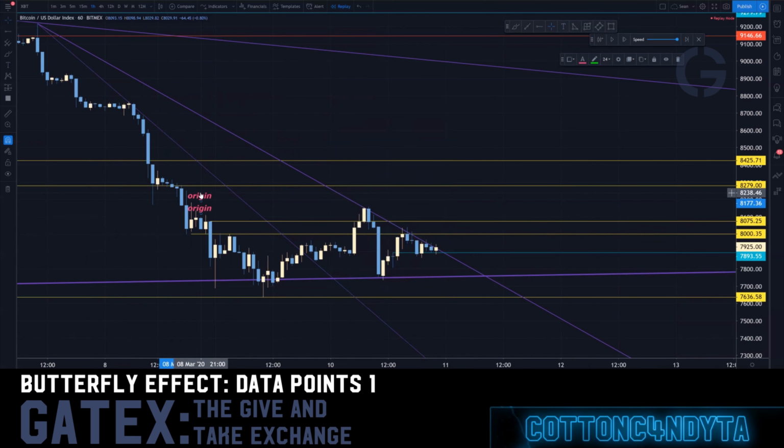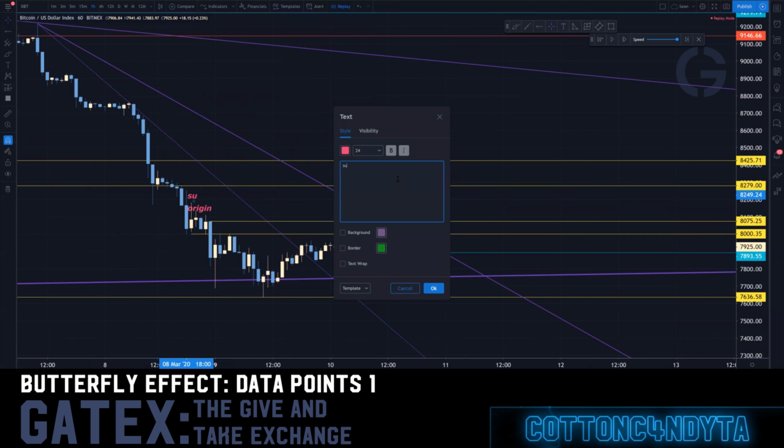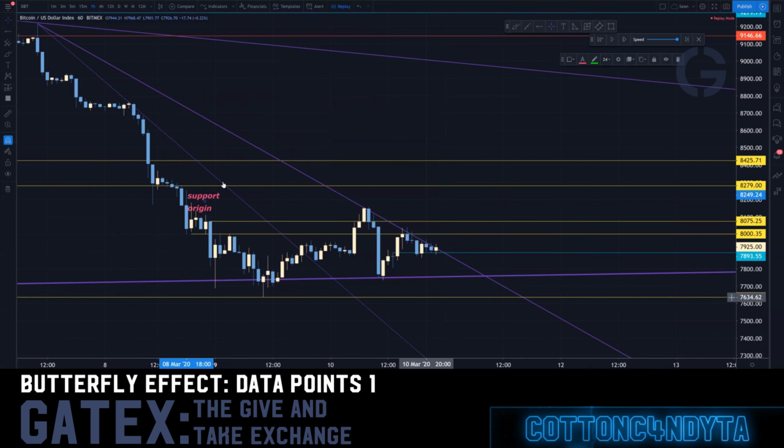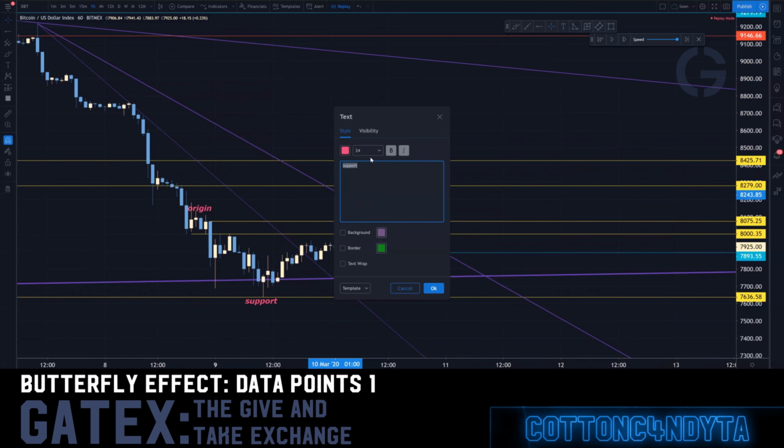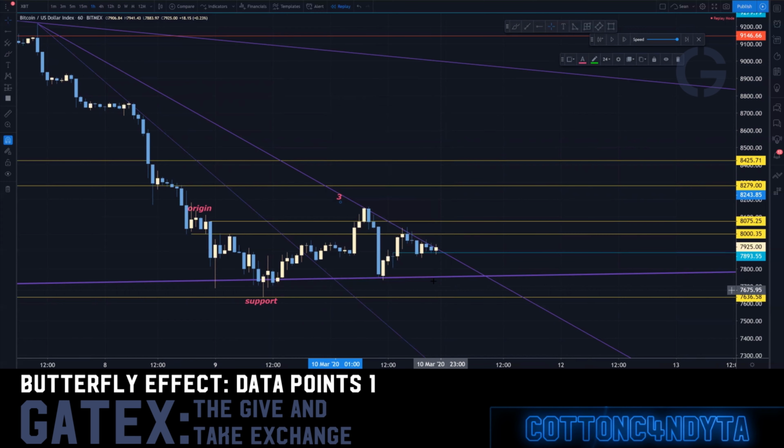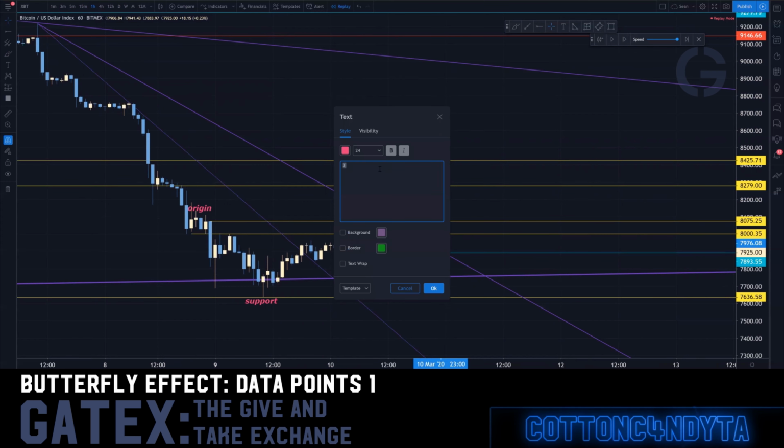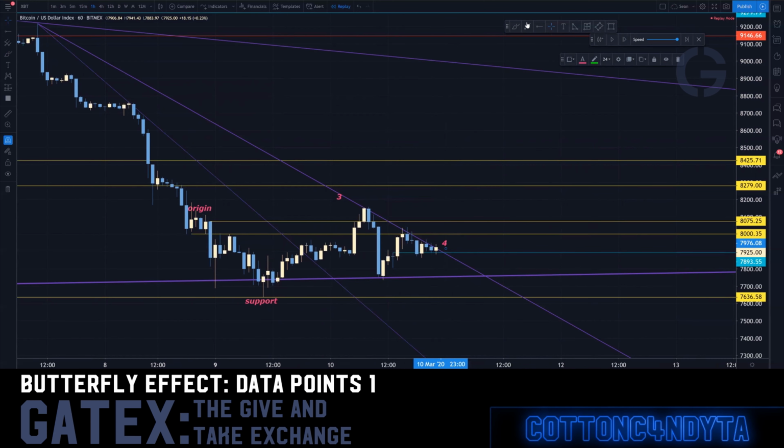What else have we done here? We have found support of the move. So we must ladder off this point, right? We must continue to ladder off of this point here. We've created our 3, which is our first swing, which is going to create the 4, which is the break of this trend here, which technically if this trend breaks, then we should be laddering up against that origin again, right? So now we're creating the 4 and the 5.